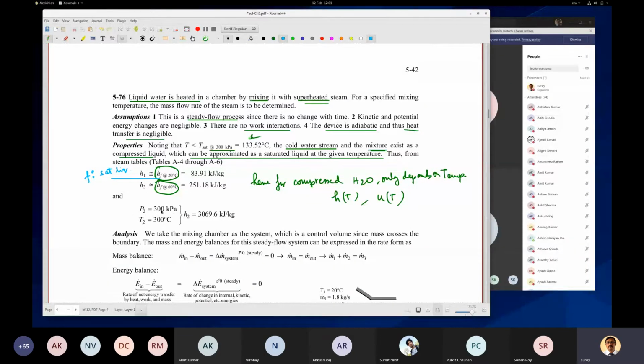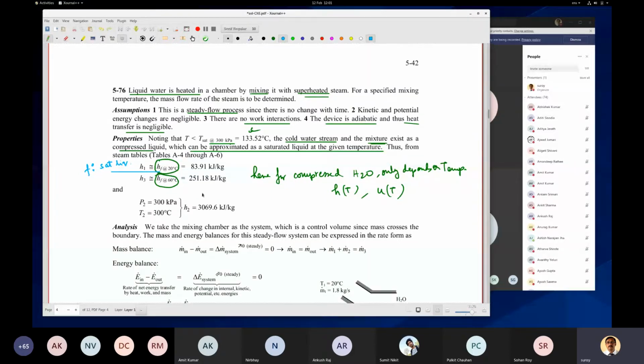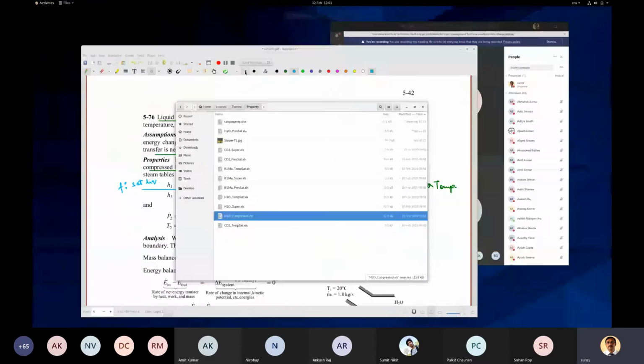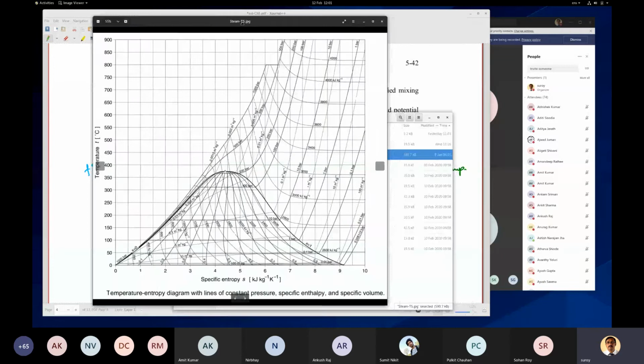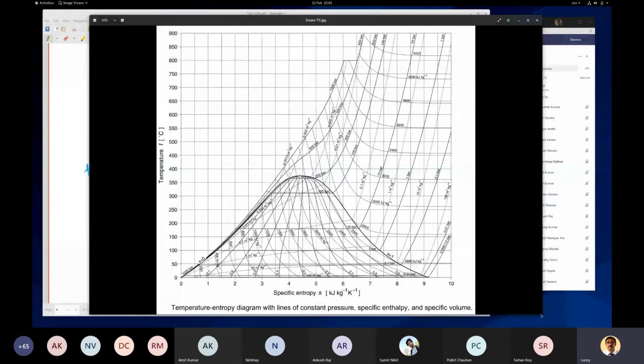But for steam, 300 kilopascal and 300 degrees centigrade, which is steam on the right hand side of the Mollier chart diagram that I showed you, once you specify pressure and temperature, it is unique. You can find out H2 because it is unique. And we can again look up, just so that you get the idea. So let us see, it is unique. Look at this very carefully.